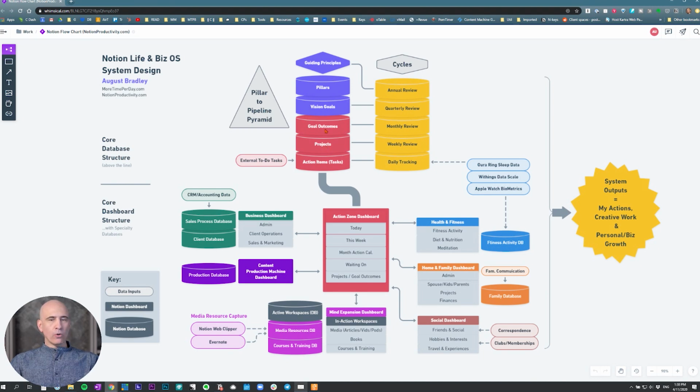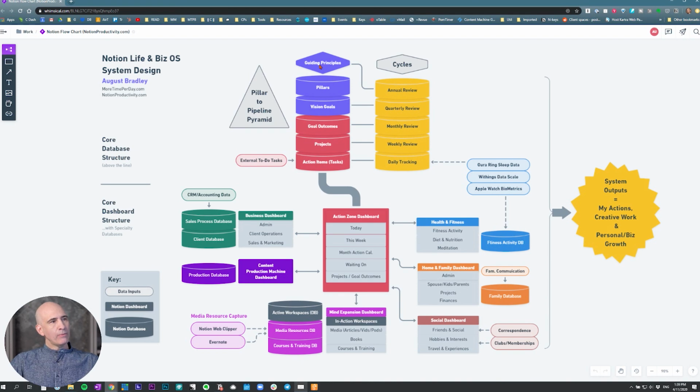Above that, we have the goal outcomes. These are the measurable outcomes we're working towards, and we develop projects to move us toward completion of these goal outcomes. Above that, we have another database called Vision Goals, and we're going to do a whole video or two on the relationship between vision goals and goal outcomes. So right now, just think of them all as goals, but each has a database, and you'll see why as we get into that. Then above that, we have pillars. So it's the most narrow to broader, to broader, to broader as you get to the bottom base, and you have the broadest, which is the tasks. But you have this whole alignment, a whole stack of databases that work together and flow from one to the other in this sequence.